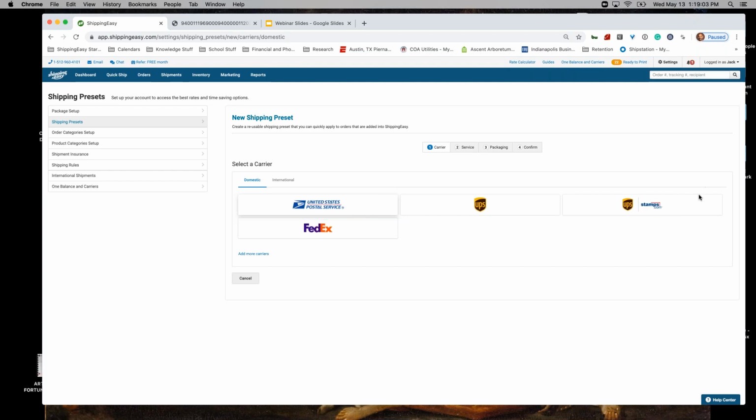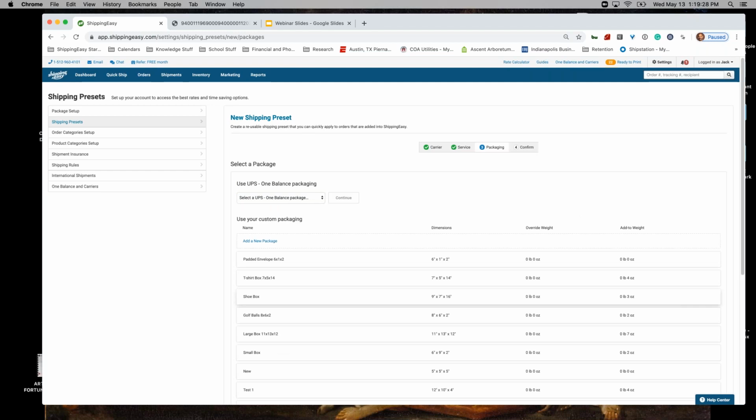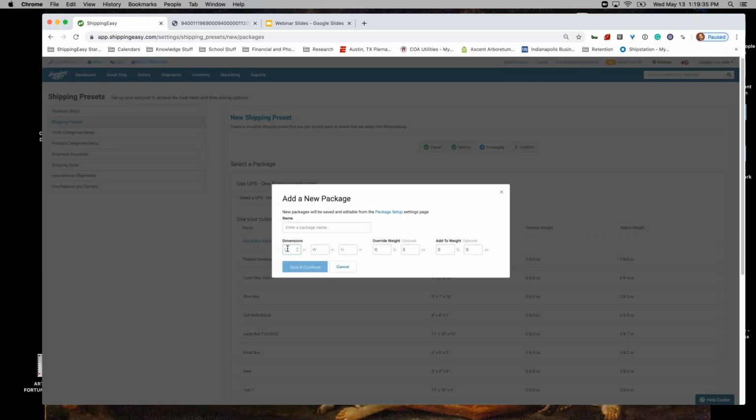I'll select, let's go with this. We've got a great new feature inside our software while we're here, where we support UPS rates through stamps.com. So this is like a 60% off retail UPS rate that all of our customers have access to. I'll show you how to set that up here once I get done with this preset, but we'll go ahead and create a preset for this one right here. And let's do second day. That's the service I want. And I can pick from one of the packages that I have, or if there's a new package that I'm going to use for this one, we can say it's